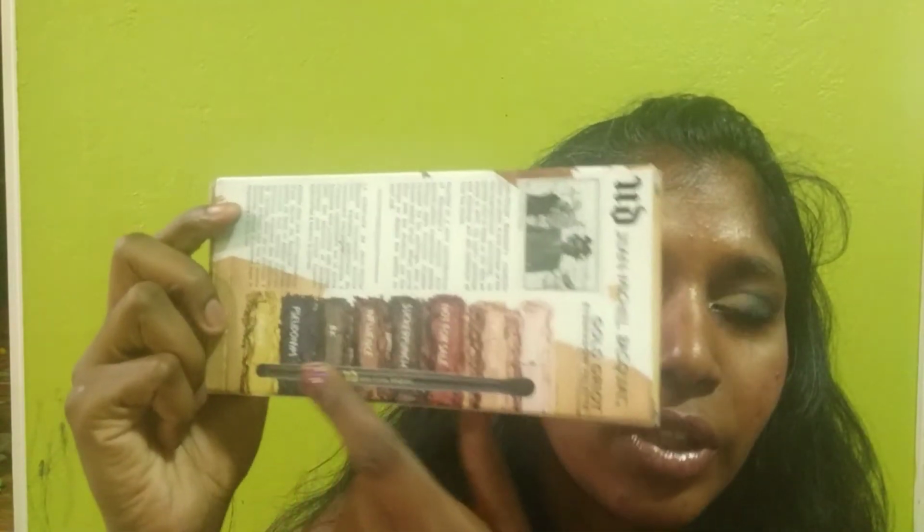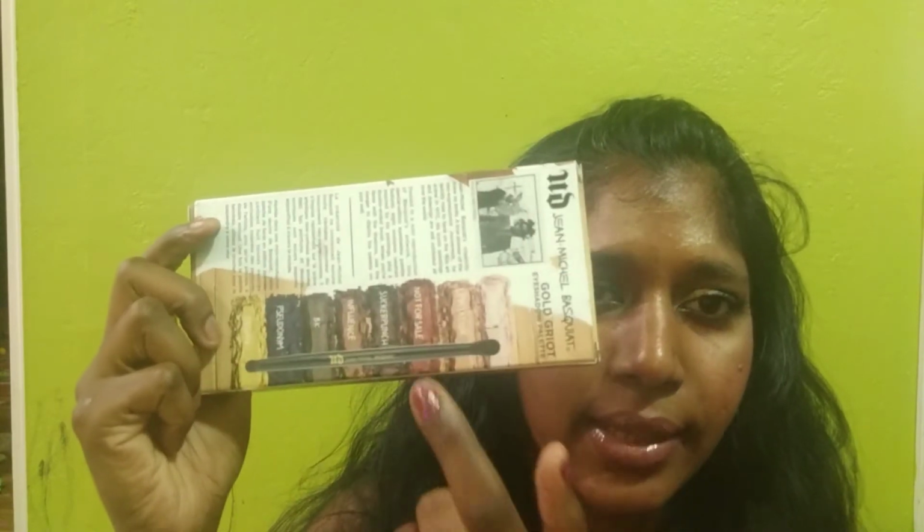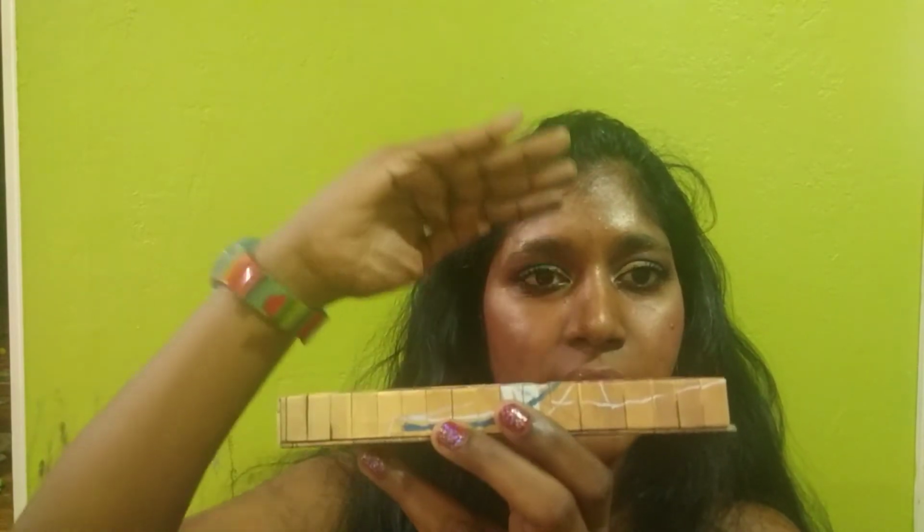And this is a glimpse of the colors that you get in the palette. This is also an 8 pan eyeshadow palette, and this also retails for $39. Now usually you would expect it to open like this, but this opens upwards like this. So to be honest,